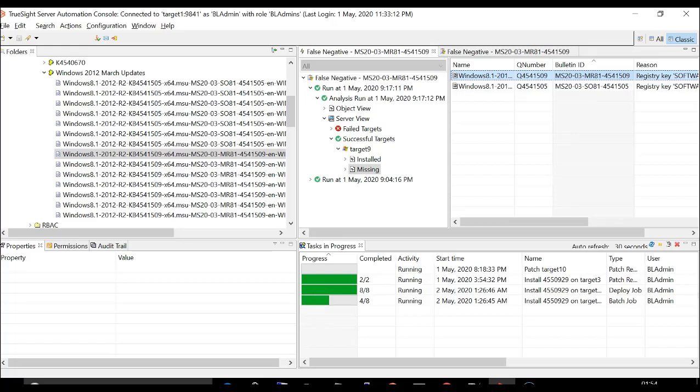Now if you have checked everything and you don't seem to find any answer why this patch is reported as missing, you can always raise a case with us. When you're raising a case with us, the information that we need, as we saw on the slide, is the name of the patch, the log package that we saw, and the DPD trace. We'll see the DPD trace in an upcoming demo.